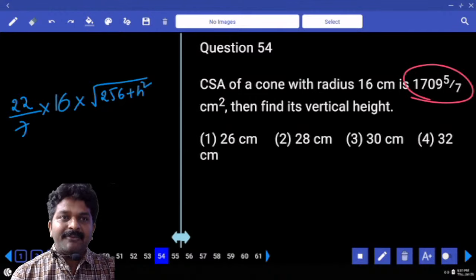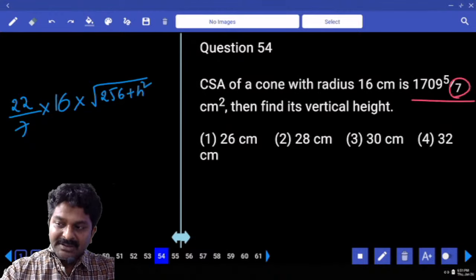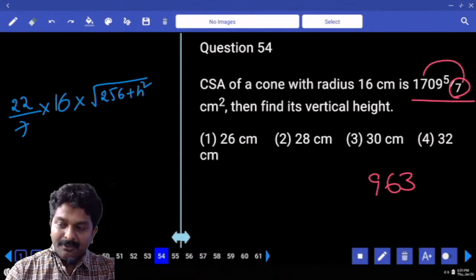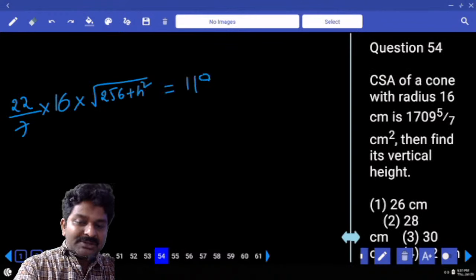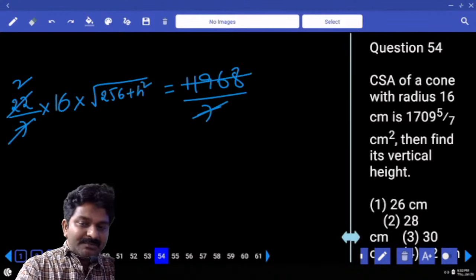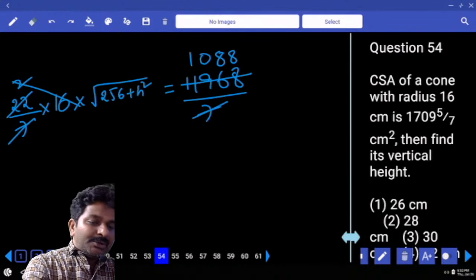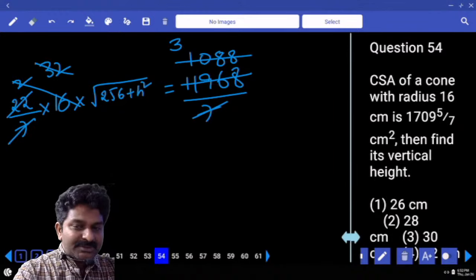1709 5 by 9. Let's convert into an improper fraction. 7 into 9, 63. 7 into 7, 49, 4 carry 11, and then plus 5 is also there, 11,968. 11,968 by 7. 7 gets cancelled. Come on. 11, 2 times, 1, 0, 8, 8. 2 into 16, can I write it as 32? Cancellation with 32. 3 times 96,